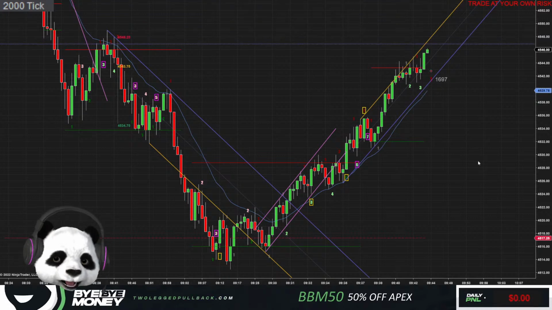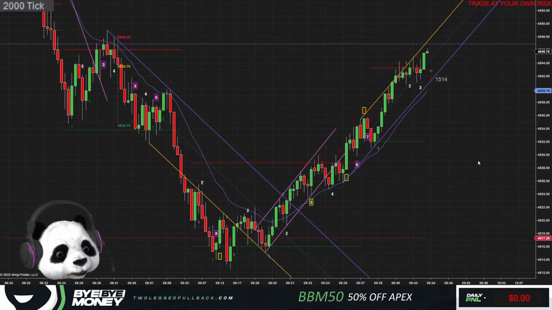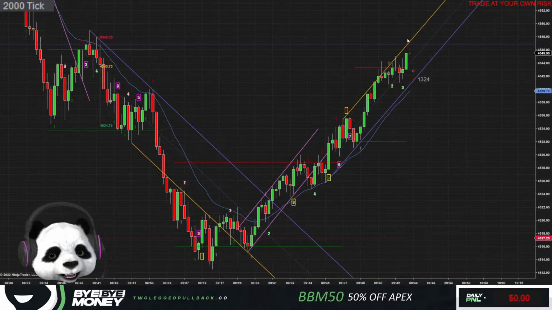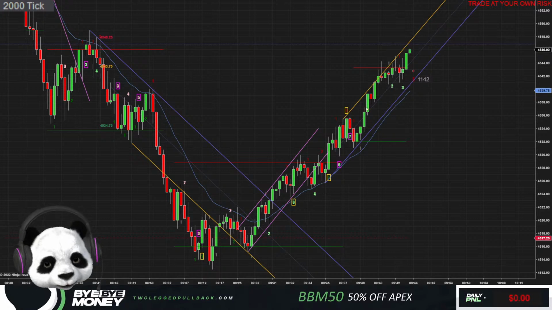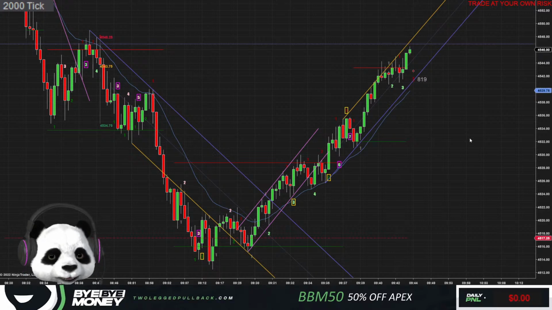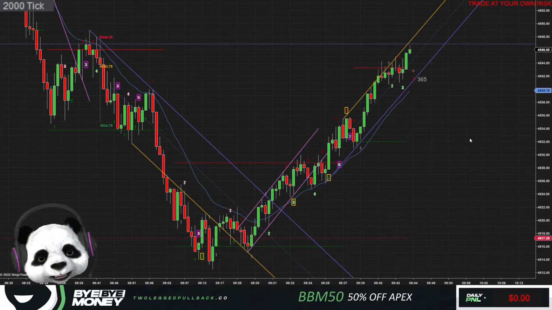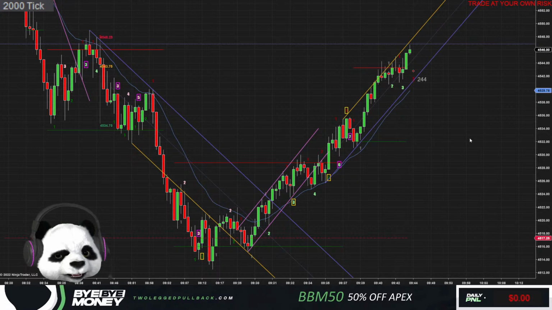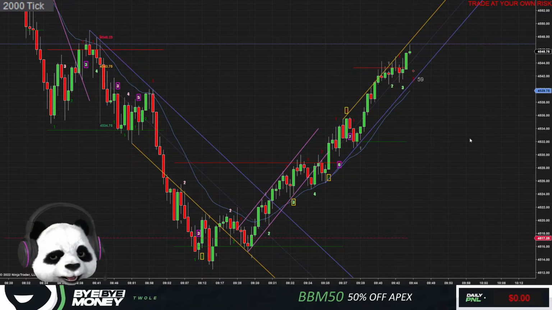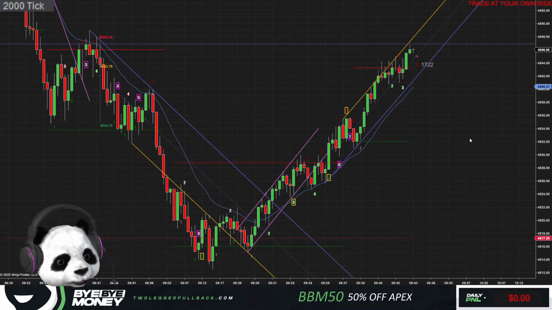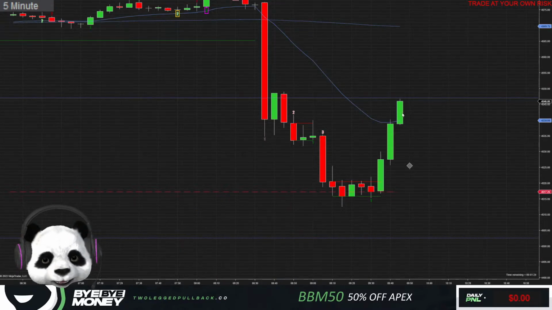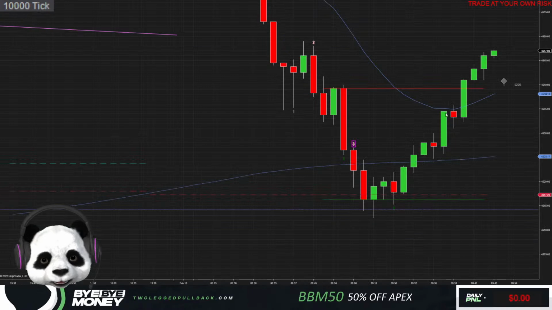Could create a double top here, but even if it creates a double top, the force that we came up with is so strong. I'm not sure if it's just going to bounce off of it. Very difficult. I have no setups here regardless. I'm just watching this go without me, and I'm kind of glad too, because I was not thinking it was going to bounce like that.